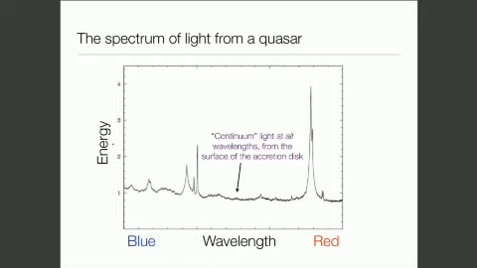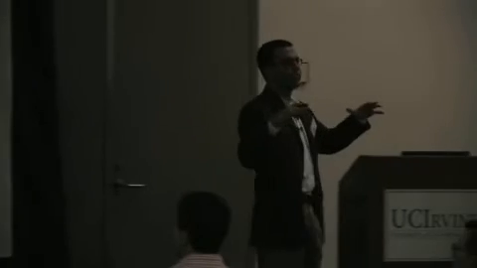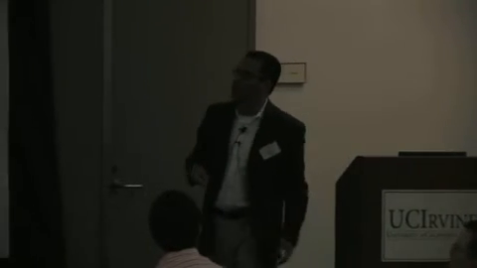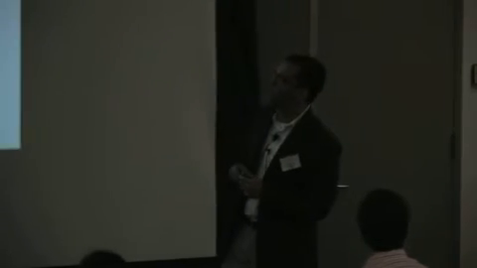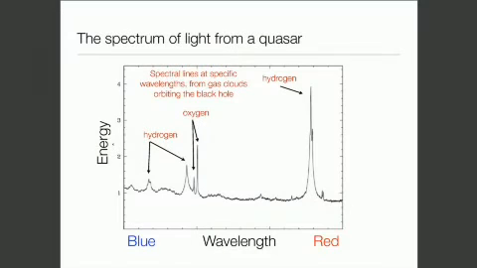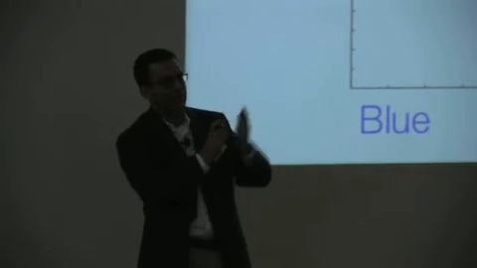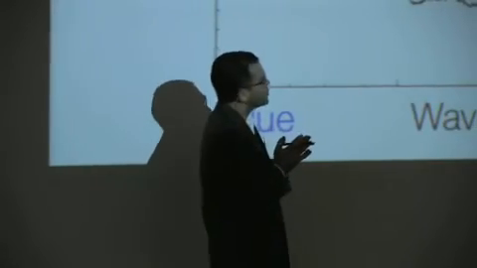This is the light that is seen continuously at all wavelengths, and that's the light that comes from the very hot surface of this accretion disk that's glowing at all wavelengths because it's so hot. And that light is illuminating the system of clouds that are in orbit around the black hole, and those clouds then give off light in specific spectral lines at specific wavelengths. And the ones that we're really interested in are these hydrogen spectral lines that come from these clouds orbiting very, very close to the black hole. And what you see when you look at these hydrogen lines is that they're actually very broad. They're broadened out because some of the clouds are moving towards us, and the wavelengths of their spectral lines are blue shifted.